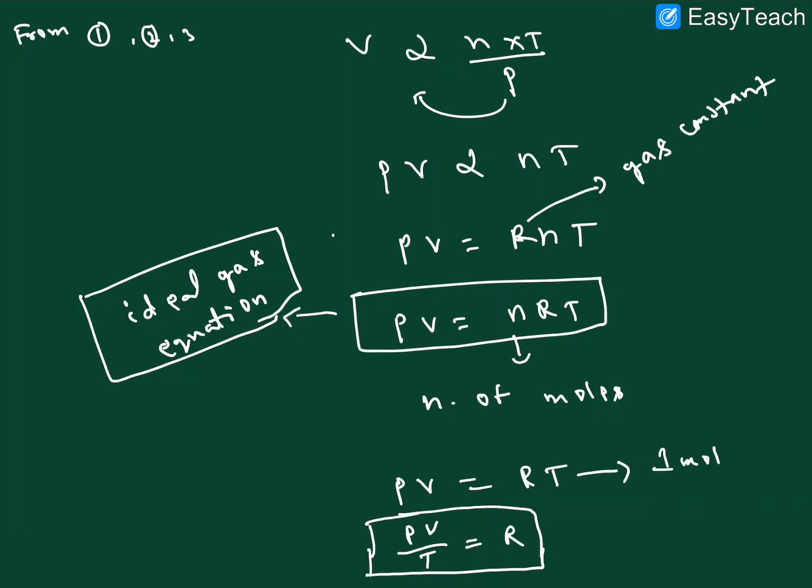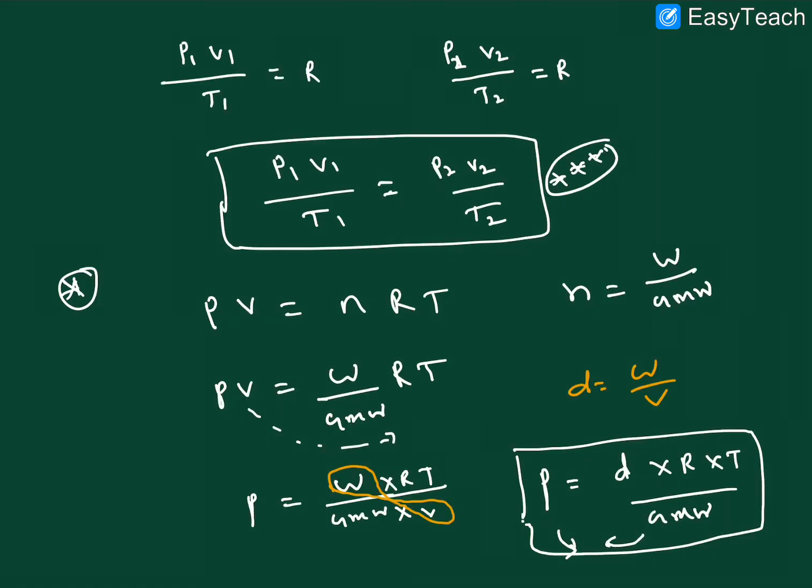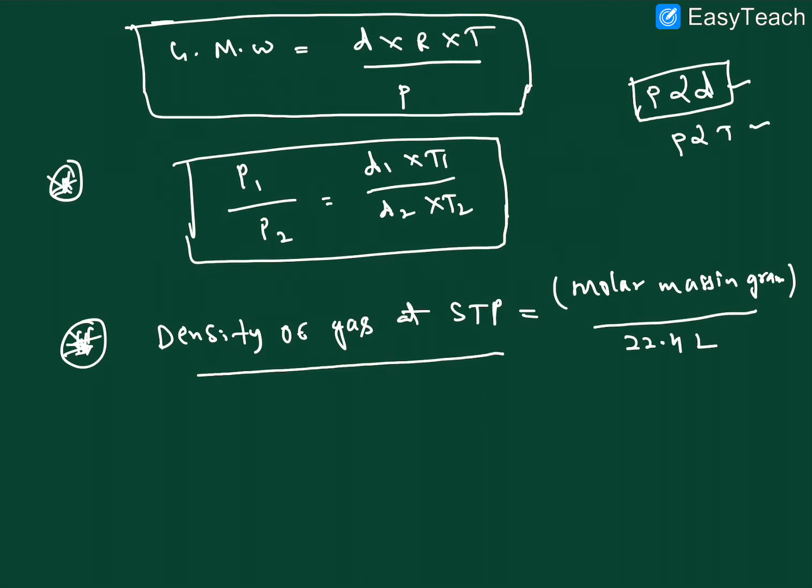I hope it is clear. So the only change is in the units of pressure and volume. These two units we are changing: atmosphere, Pascal, liters, millilitres and so on. Depending on these units, the R value also changes. For example, here the pressure is 1 atm and the temperature is 273 Kelvin, constant. Volume is 22.4 liters and the number of moles is n equal to 1.